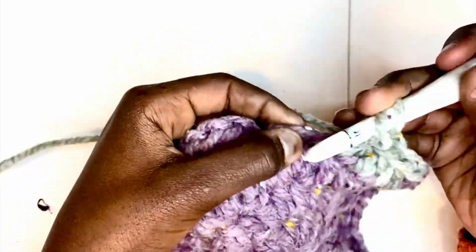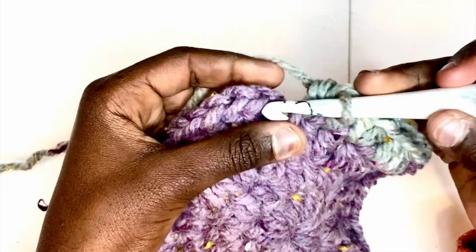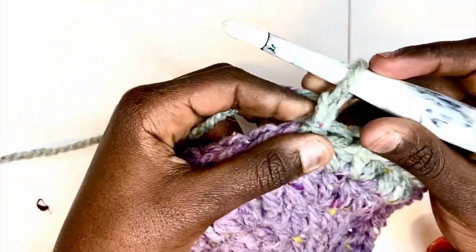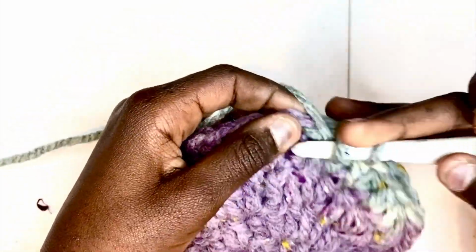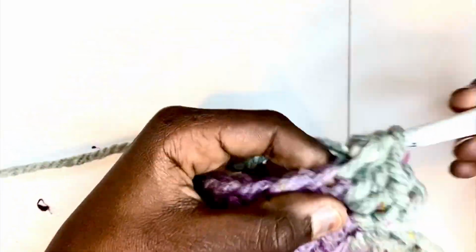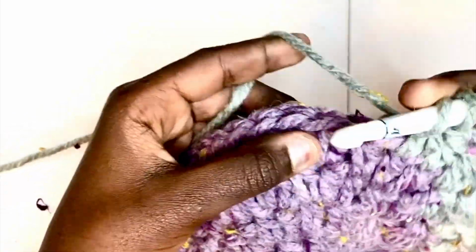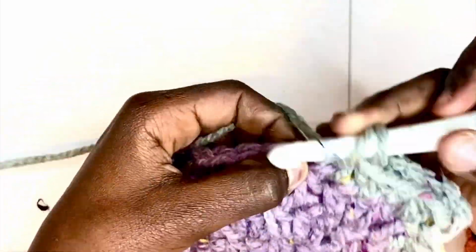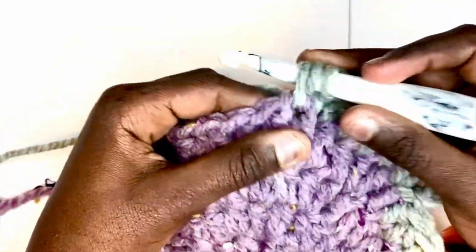Then I'm going to work my last 2 stitches, slip stitch to my first stitch, then I'm going to chain up 1, work a half double crochet twice in the first stitch, work 3 just standing alone in the next 3 stitches, and then I'm going to work another 2 in the next stitch, and then 3,